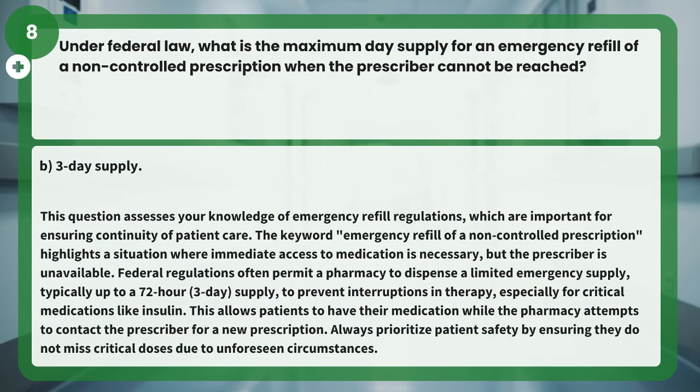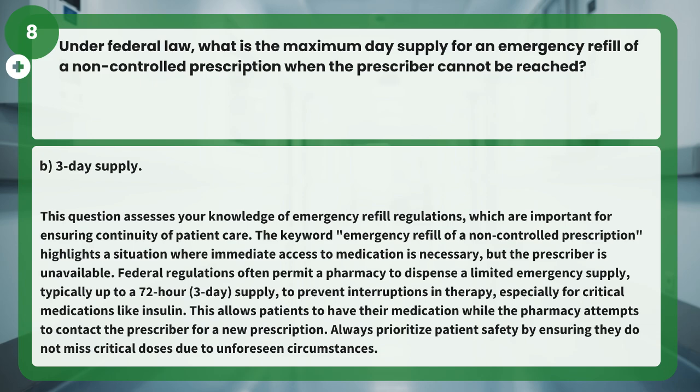Answer B. 3 day supply. This question assesses your knowledge of emergency refill regulations, which are important for ensuring continuity of patient care. The keyword emergency refill of a non-controlled prescription highlights a situation where immediate access to medication is necessary, but the prescriber is unavailable. Federal regulations often permit a pharmacy to dispense a limited emergency supply, typically up to a 72-hour